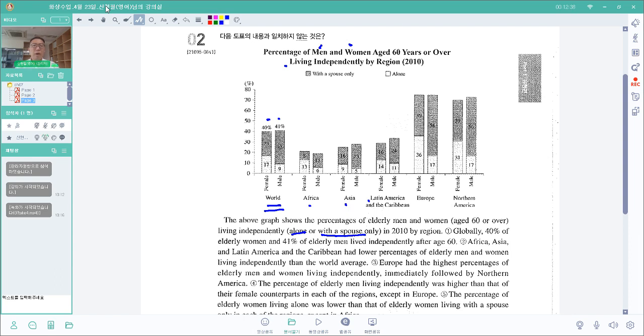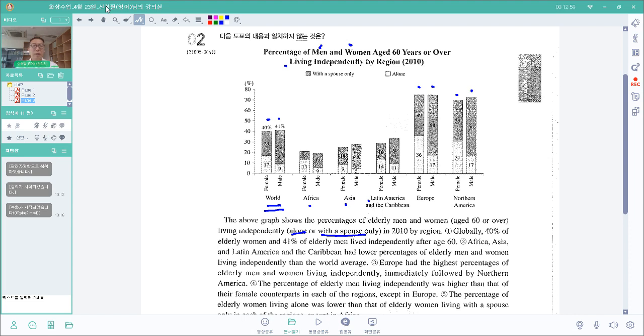And Europe had the highest percentage of elderly men and women living independently, immediately followed by Northern America. So Europe has the highest point of living independently, female and male, followed immediately by Northern America,